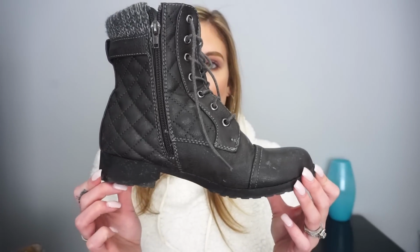I really wanted a pair of boots that I could wear if it was snowing or bad weather here, because I have a lot of nicer boots, but nothing that I could wear out in the snow without worrying about getting them dirty or ruining them. So again, I felt like these were pretty affordable as well, and they came in a few